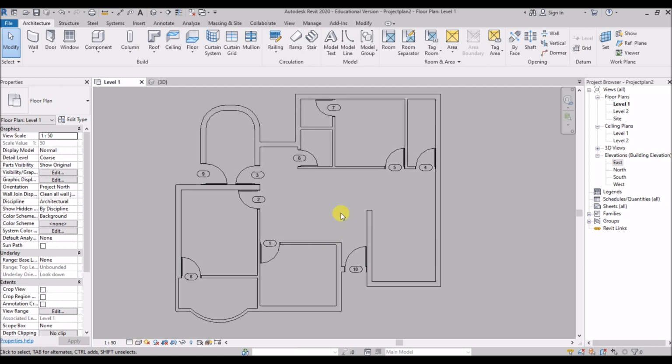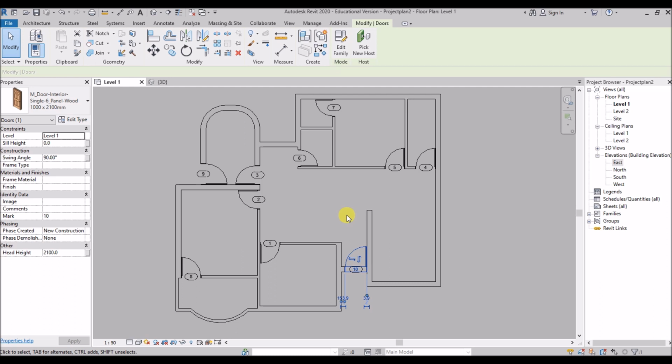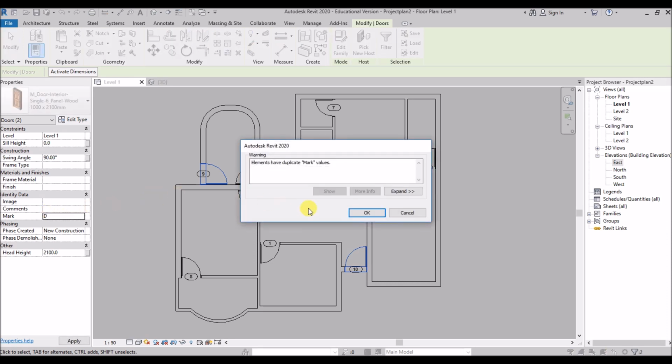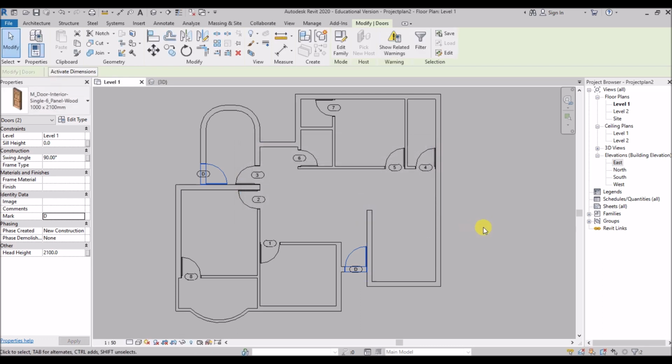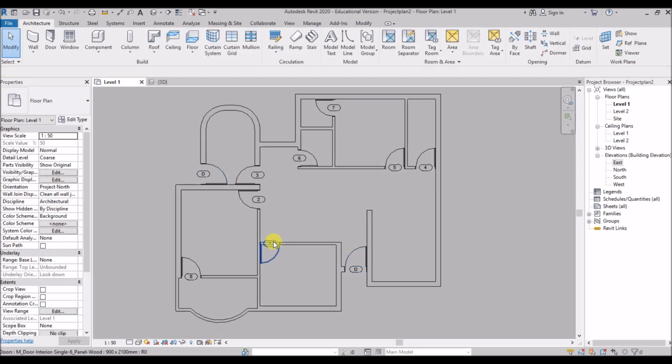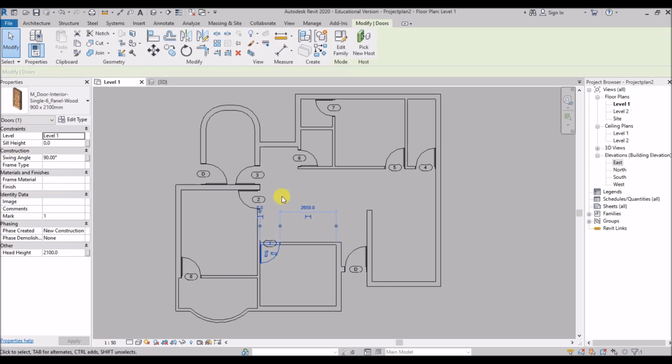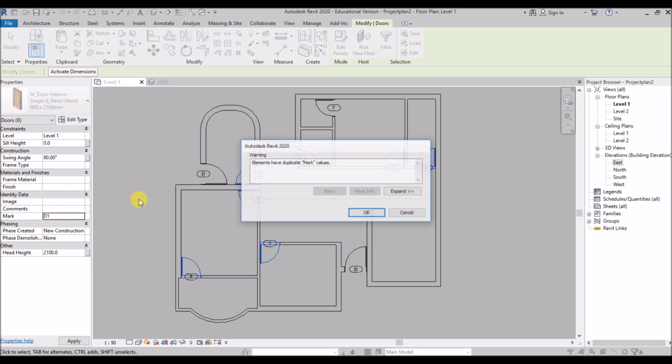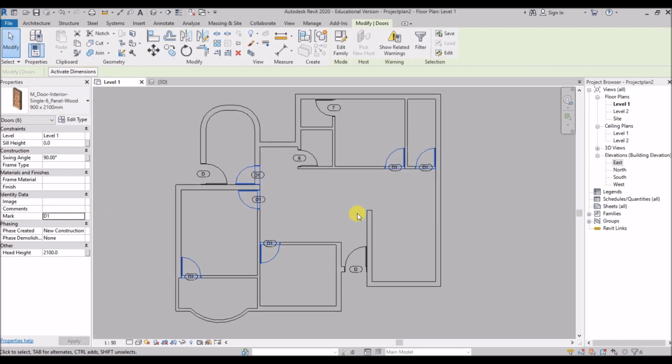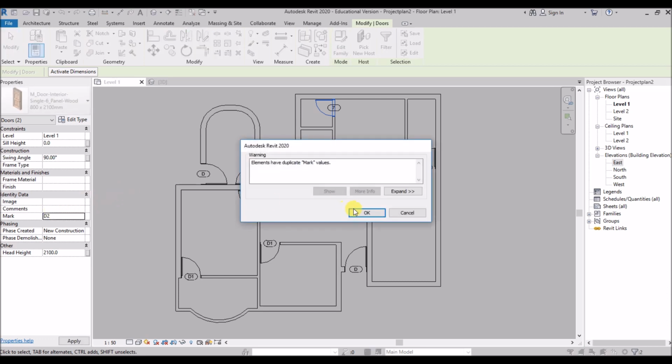Now for editing the door tags, select this door, then type SA to select all the doors of same property. Then click here and change the mark to D and then move the cursor towards the drawing canvas and hit OK to change the door tags. Now select this door, type SA to select all, mark all these as D1, move the cursor towards drawing canvas, hit OK. Same for the other door type. Tag these D2 as shown.